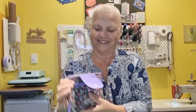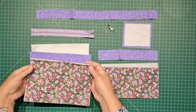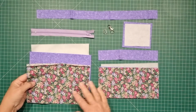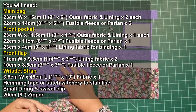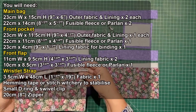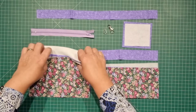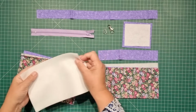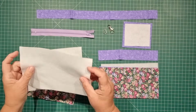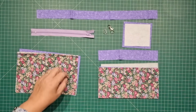Let's get started. All right, everything that we need is right here. The floral fabric is what I'm using as the outer fabric. The mauve is the lining. We have 2 pieces for the outer, 2 pieces for the lining, and I'm also going to fuse some Parlan, which is a very lightweight fusible fleece, to the wrong side